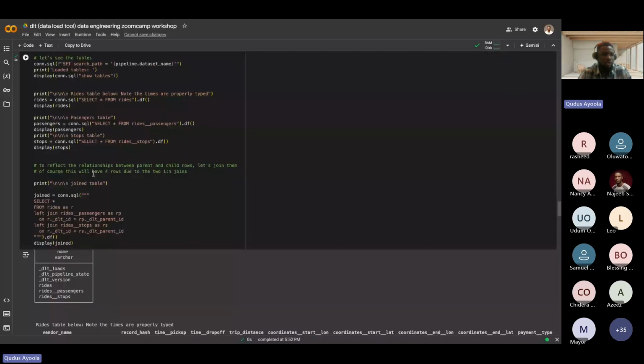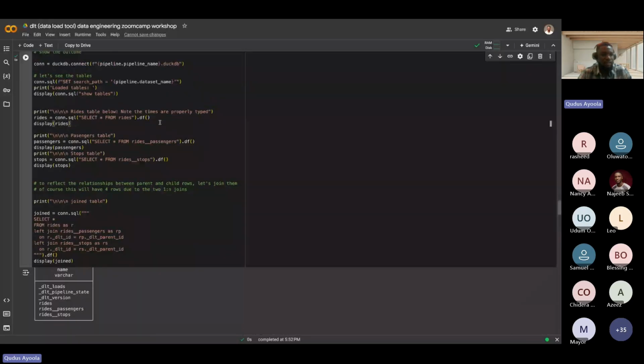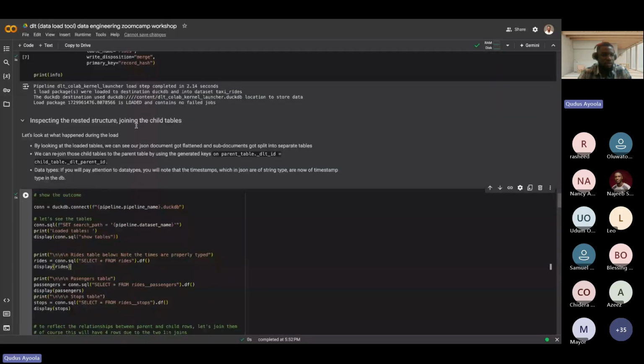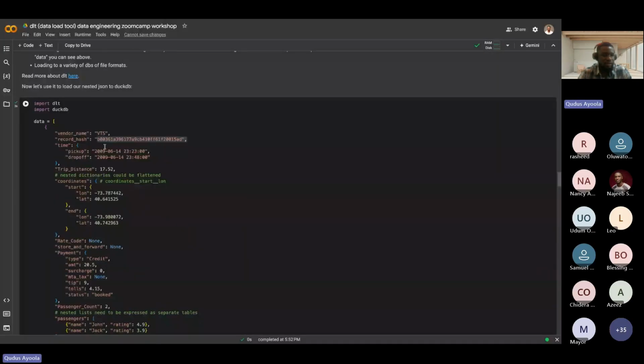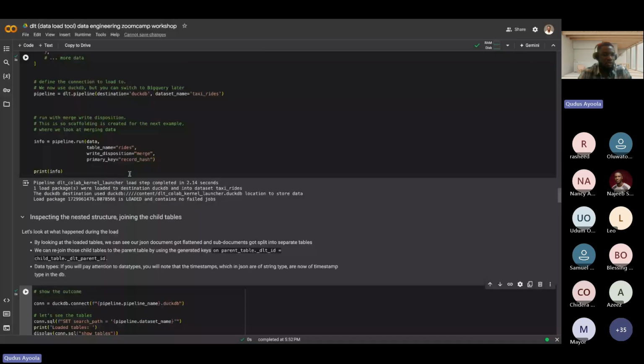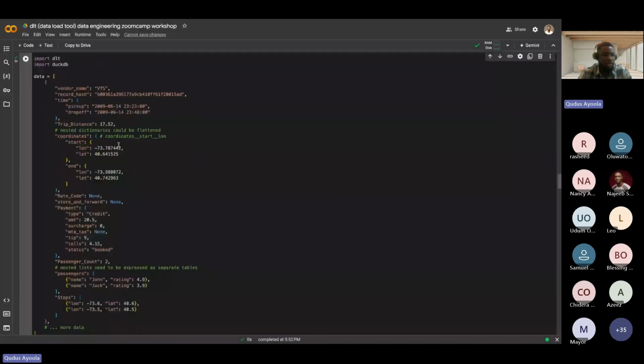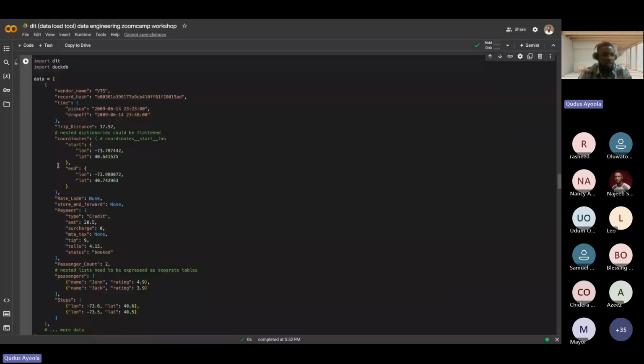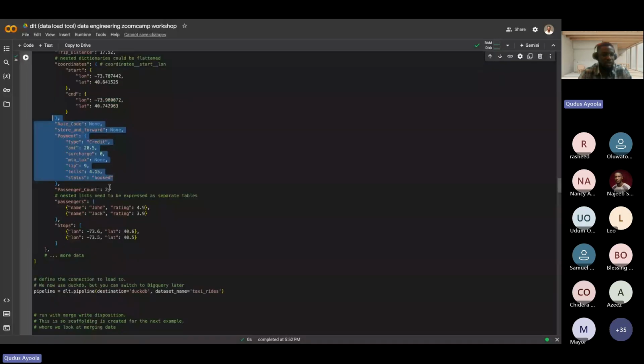this is showing me all the tables. Then this is showing me what I have in my first table. So typically what I said is we have a first table that stores information on ride. So the first table name is ride. It automatically helps us create a separate table for this and a separate table for passenger.